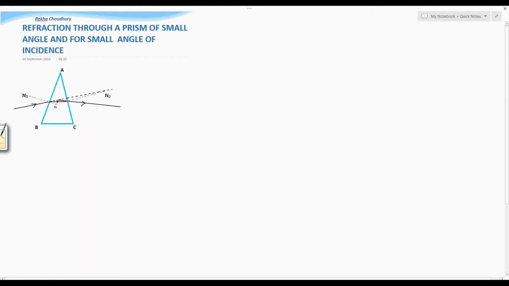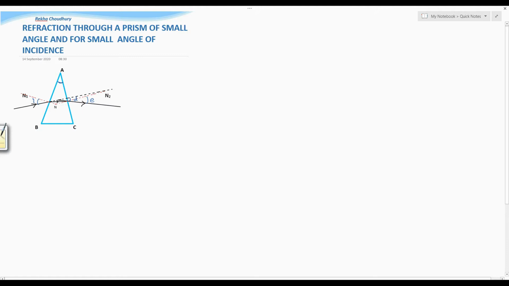Here we will discuss refraction through a prism of small angle and for small angle of incidence. See, this diagram is the refraction through prism. Here this angle is the angle of incidence, this one is the angle of emergence, and this angle is the angle of deviation D. Here this one is the angle of prism,